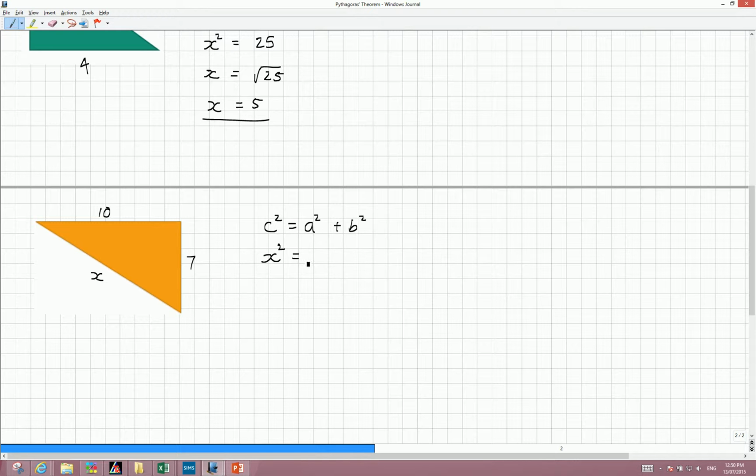So you could say A is 10, that would be fine, in which case we'll have 10 squared there, and you could say B is 7, which means we've got 7 squared here. If you did it the other way around, it would still work out absolutely fine, no problems. Okay, so keep going. X squared equals 10 squared, 10 times 10 is 100, plus 7 squared, 7 times 7 is 49. So X squared then must be 149, and that means we can find X if we take the square root of 149. So if we do that in a calculator, X equals